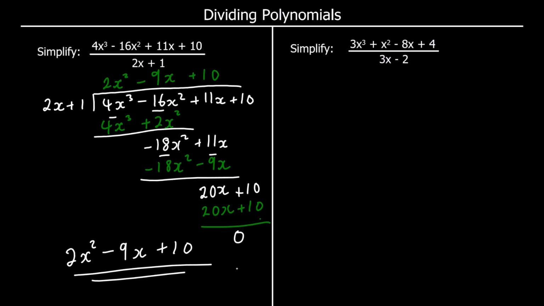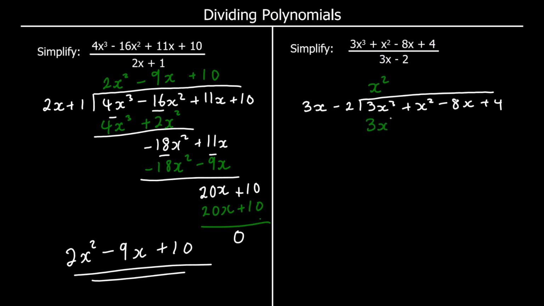One for you to try. Pause the video and give it a go. So we've got 3x minus 2 on the outside, 3x cubed plus x squared minus 8x plus 4 on the inside. So divide first. 3x cubed over 3x, that's going to be x squared, times by the x squared, 3x